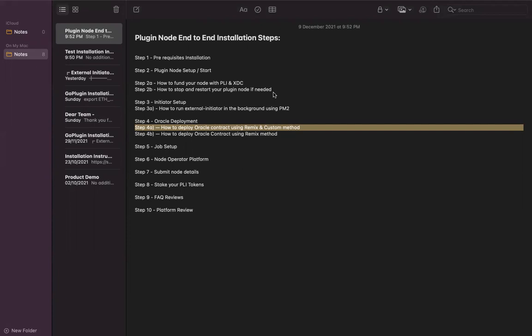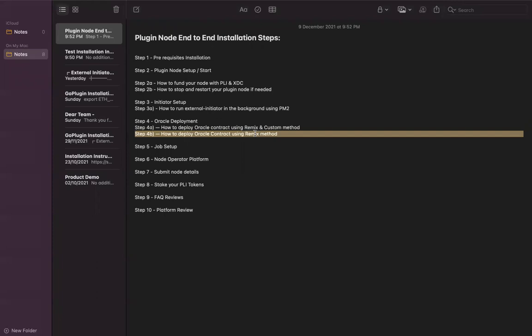As I mentioned in the Discord group, we have some issue with Zinfin Remix, and even Ethereum Remix is also giving some issue while deploying the Oracle contract. So we thought, why don't we put some temporary workaround so that we can move forward, right? That is the approach we are going to take today. And if you want, you can wait a day or two to do the entire process in Remix, please feel free to do so. Of course, we will also have one more video which will explain everything via Remix.